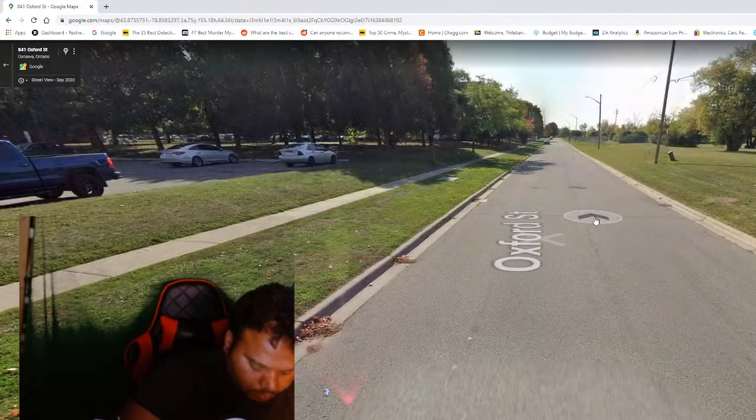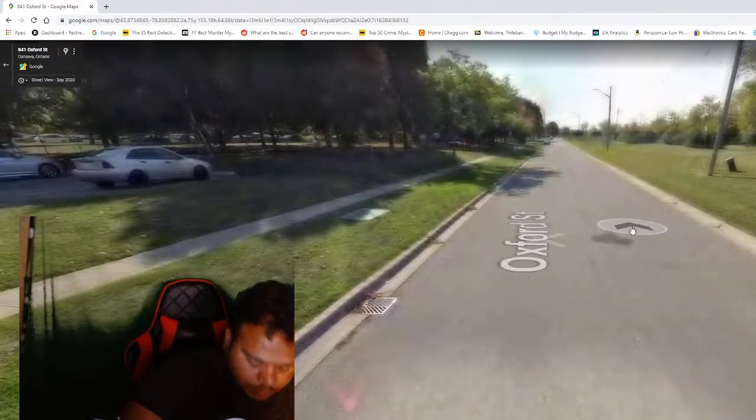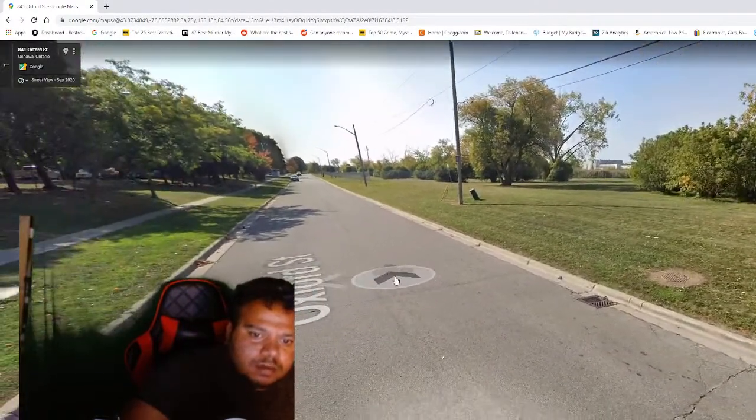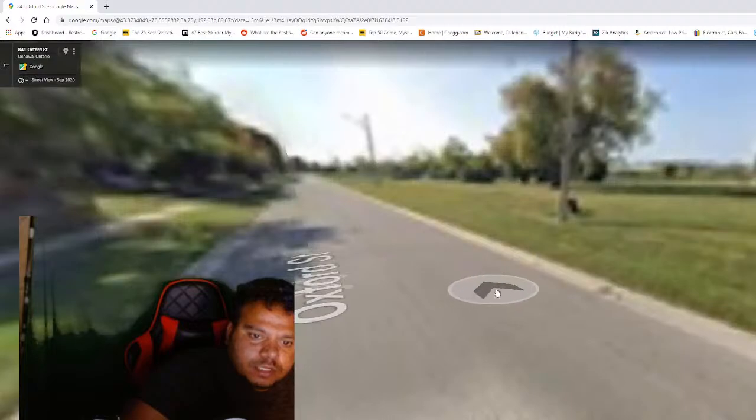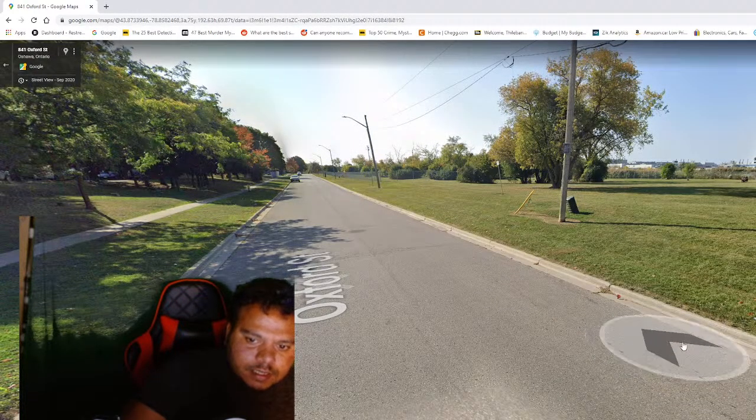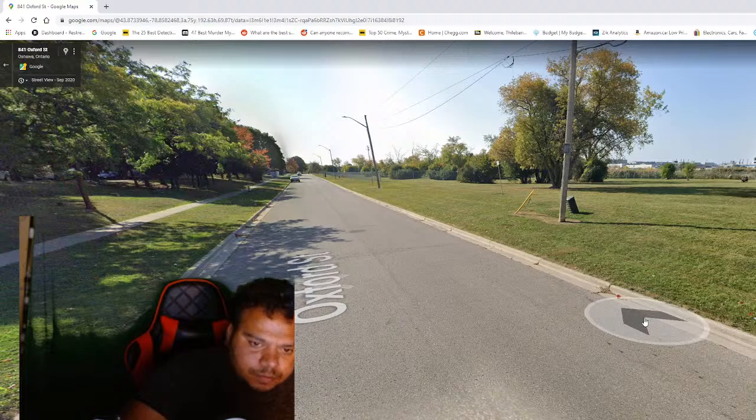Pull over to the right and do a 3-point turn. Okay, they ask you to do the 3-point turn. So for the 3-point turn, what you do is you come to the right side and put on the left signal and